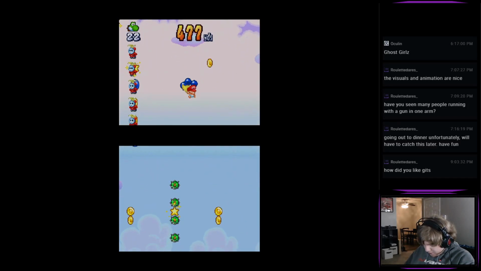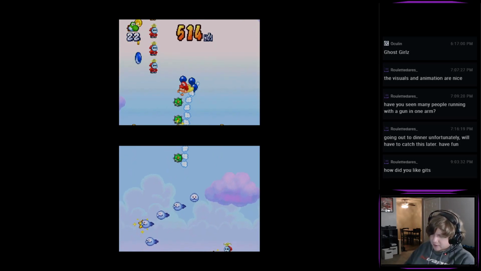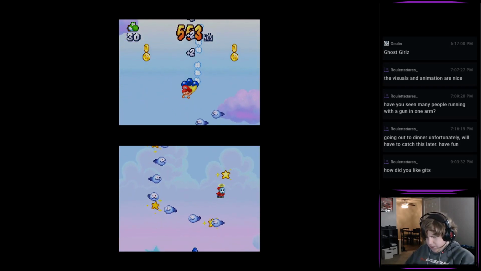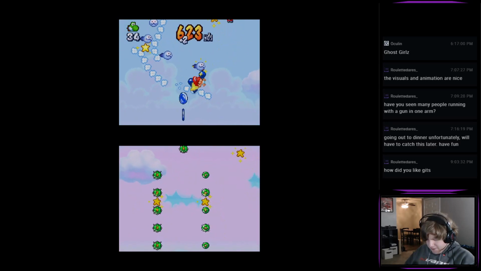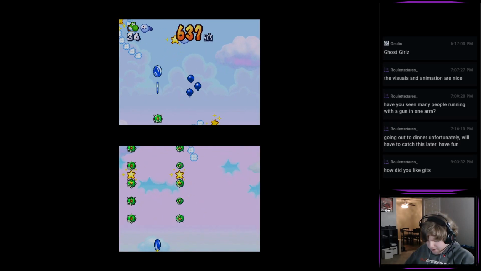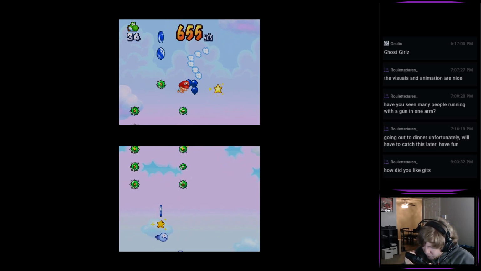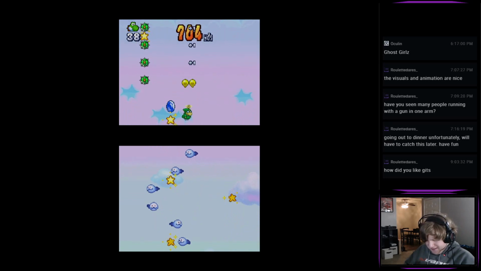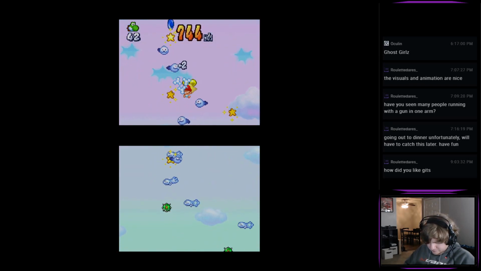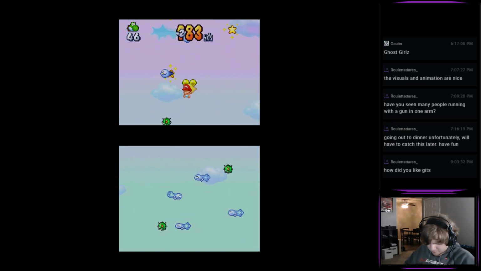Later stars are a little bit different. You still just have it where, I think, if Mario touches somebody, they still die. Or whatever the equivalent is. Ah, shit. I'm kind of screwed right here. I can't really do much. Okay. I'm just gonna go...